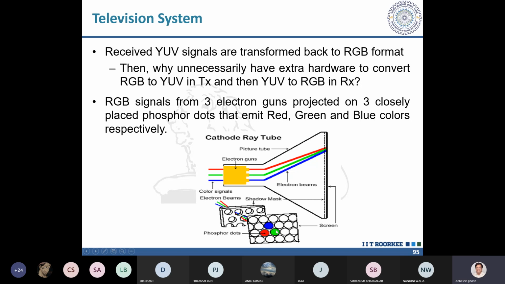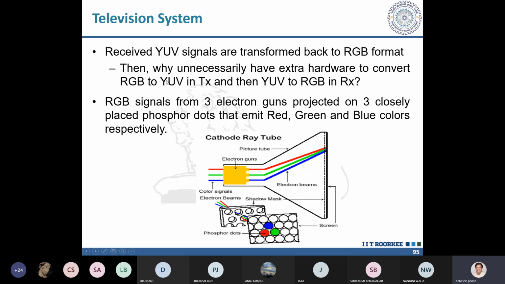Now these dots are closely spaced. You cannot make out these dots. I have shown it here in a big way, but actually on the TV screen, they are very close. So when you look at this position, you cannot make out these three dots separately. You see as if they are mixed up, and you see the sensation of the color that is produced in your brain due to these three different lights, RGB. This is how the color sensation is created. You don't create the actual color, but the sensation is created.